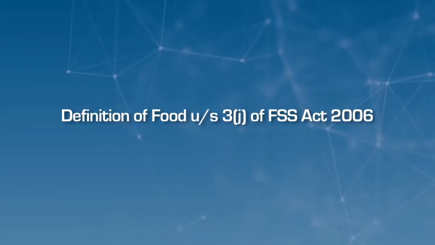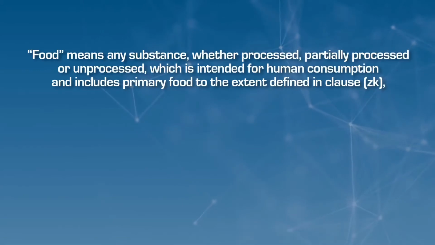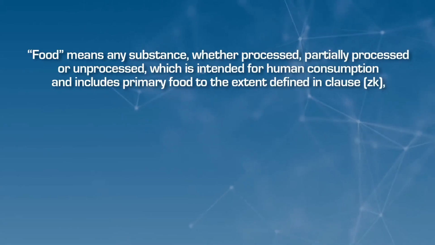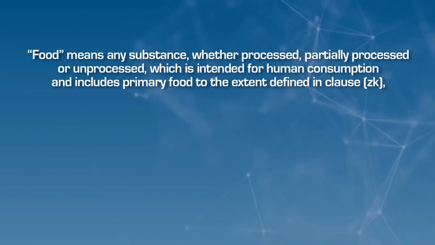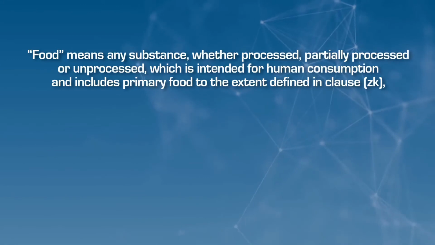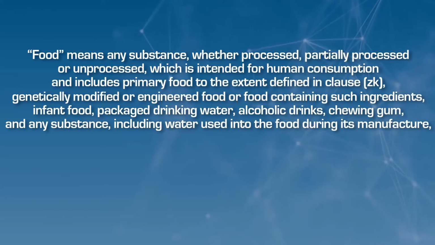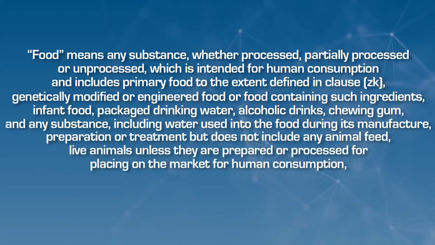Definition of food under Section 3J of FSS Act 2006. Food means any substance, whether processed, partially processed, or unprocessed, which is intended for human consumption and includes primary food to the extent defined in Clause ZK, genetically modified or engineered food, or food containing such ingredients, infant food, packaged drinking water, alcoholic drinks, chewing gum, and any substance, including water, used into the food during its manufacture, preparation or